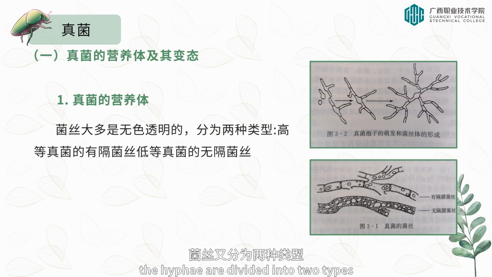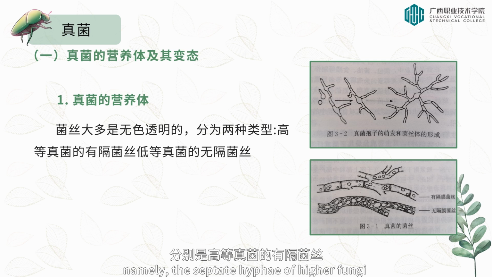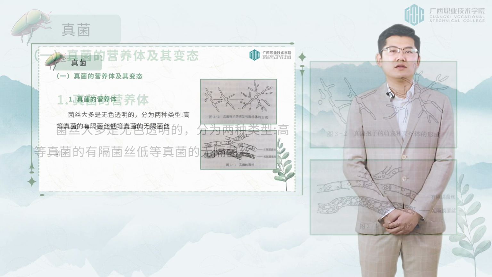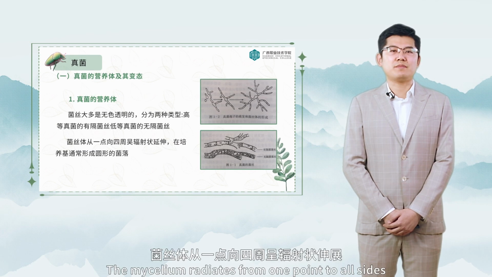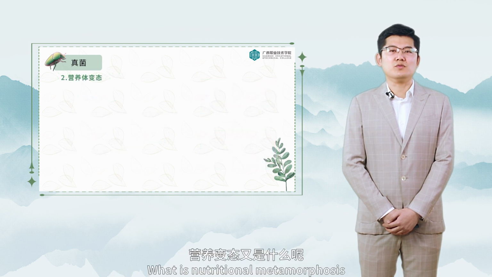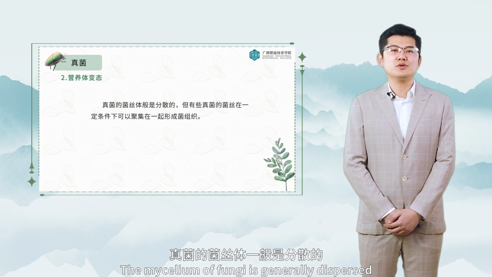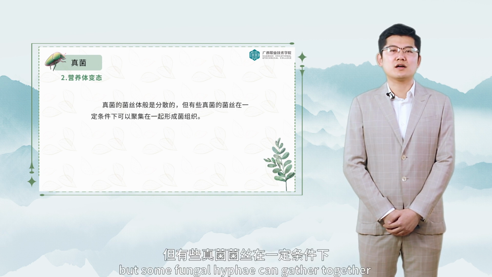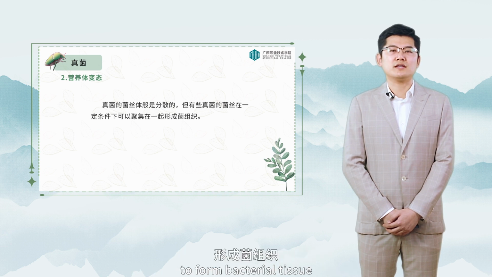The hyphae are divided into 2 types, namely the septate hyphae of higher fungi and the septum-free hyphae of lower fungi. The mycelium radiates from one point to all sides and usually forms round colonies in the culture medium. What is the vegetative metamorphosis? The mycelium of fungi is generally dispersed, but some fungal hyphae can gather together under certain conditions to form fungal